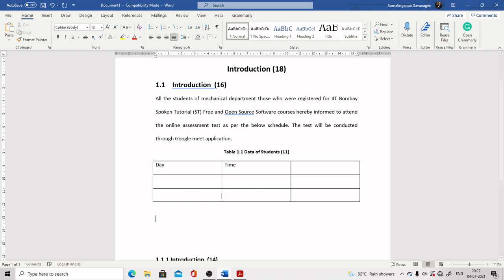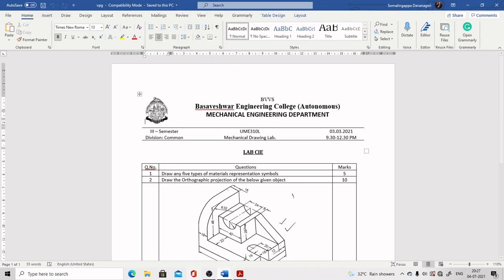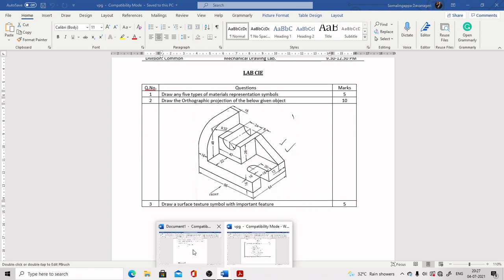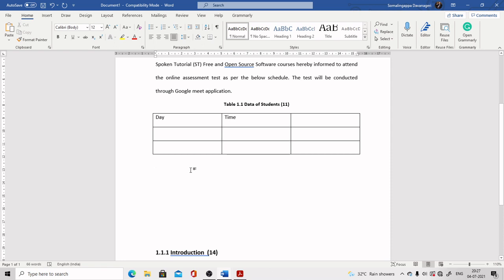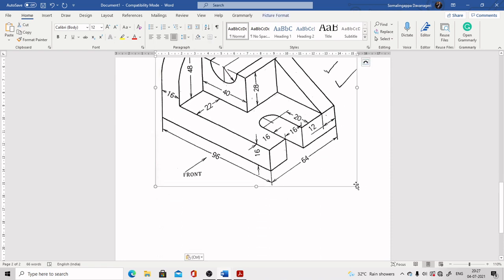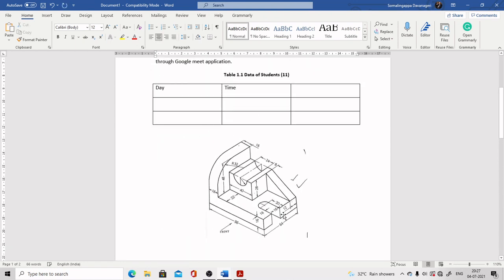Next, if you are placing a figure here, suppose I'll just copy a figure and paste it here. Now the caption for this figure is to be exactly below the figure.